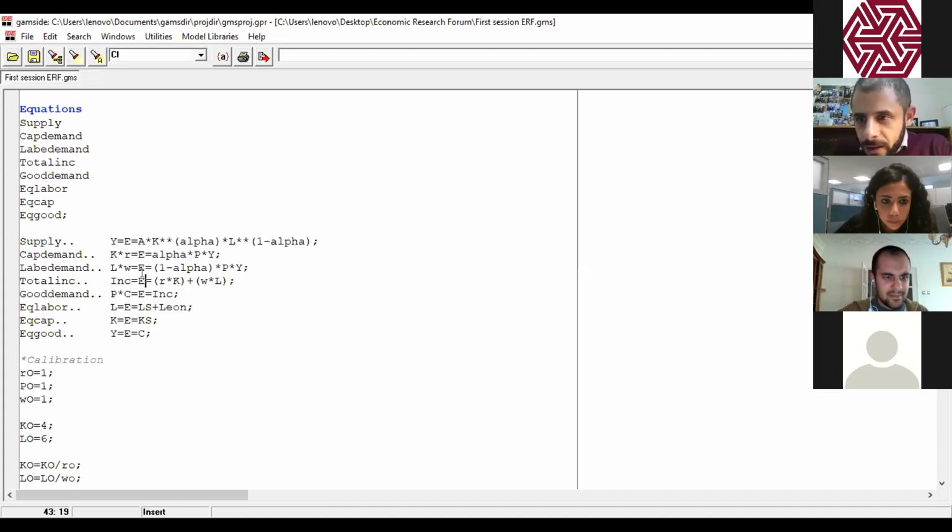In the income equation, it should be capital supply, labor supply. Exactly. That's the error. KS and LS, or is it the same? No, it's not the same because K and L represent capital demand and labor demand. Despite the fact that capital demand is equal to capital supply and labor demand is equal to labor supply, from an accounting perspective, it will be the same.